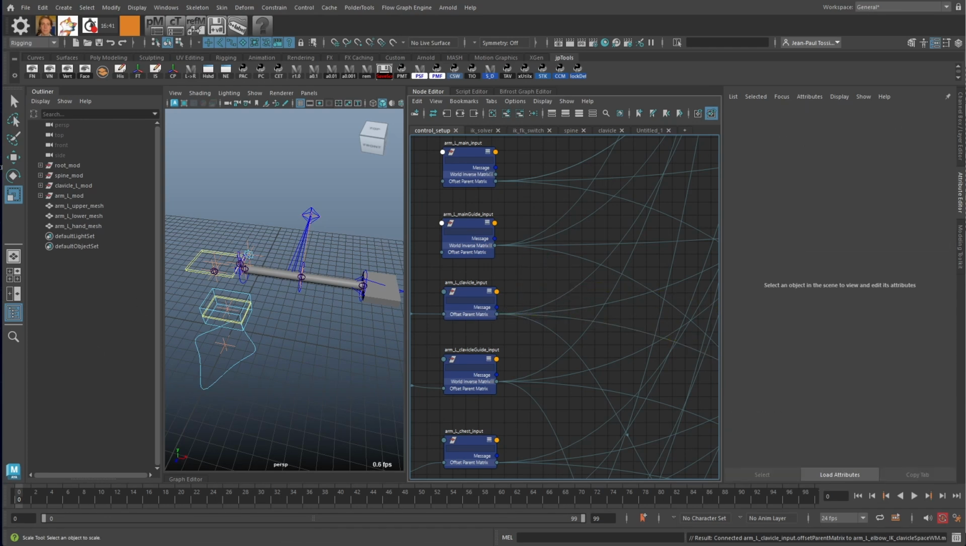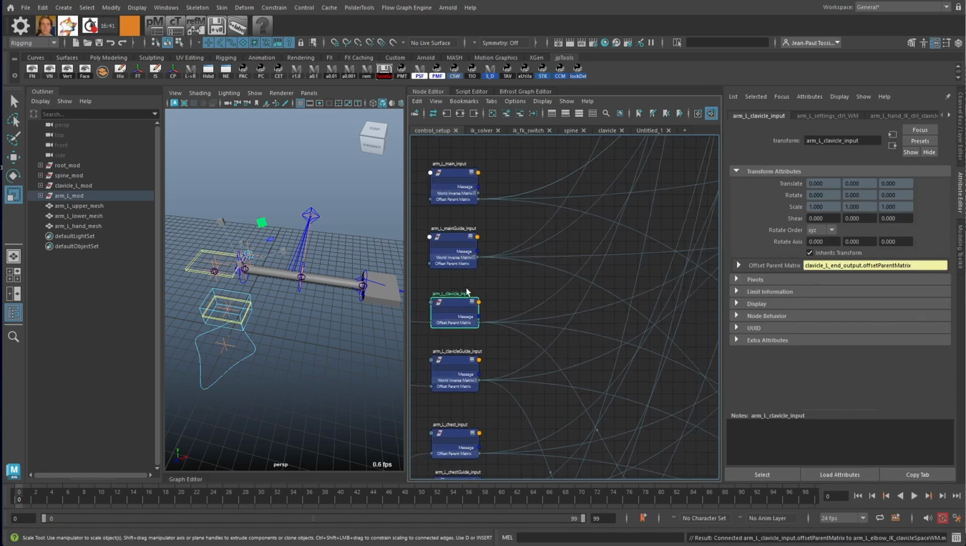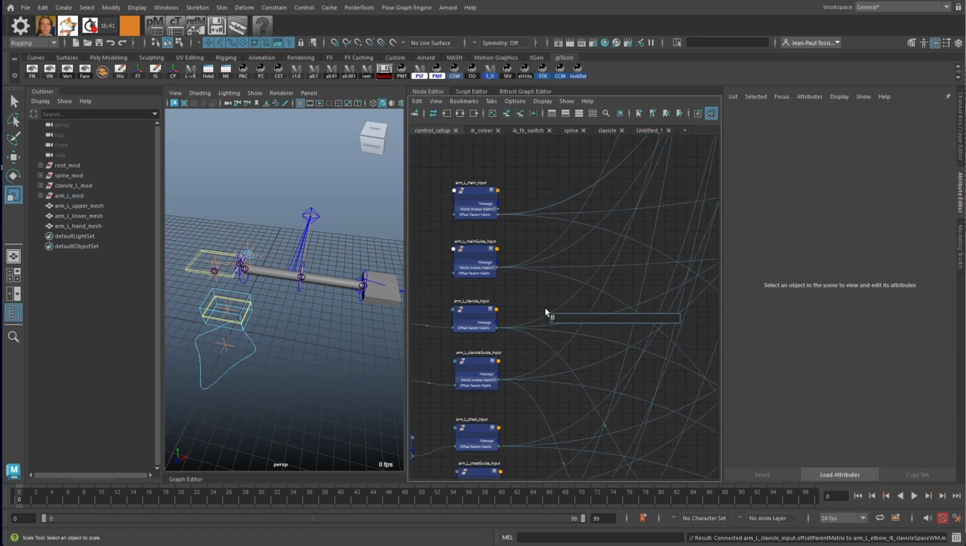Let's remove this one. Because the scale of the main control and the scale of the chest control are both incorporated in the matrix of the clavicle input, you will need to find a way to filter out the scale of the chest control without filtering out the scale of the main control. And there is one way we can do that. If we create another blendMatrix node,